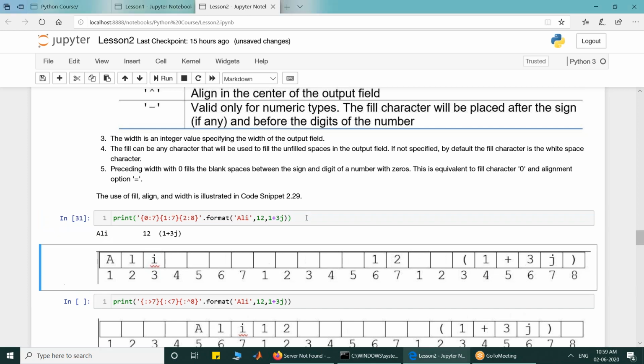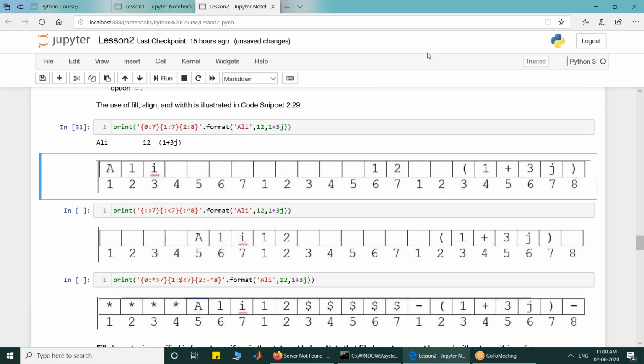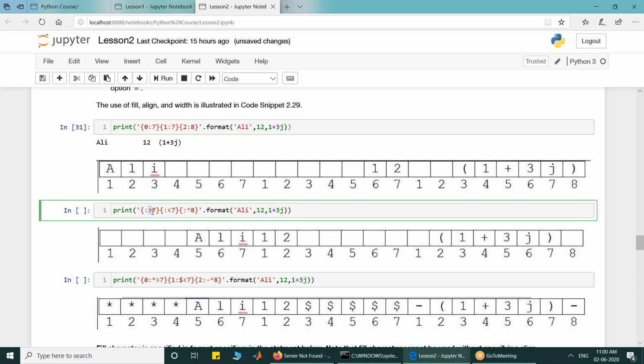If I execute it, you will get this type of output. I hope all of you got this. Why we got this type of output? I have given field size 7. So if I don't specify, Python will take field size big enough to accommodate the object. But now I specifically wrote I want output in field size 7, means 7 is the cell size in which I want output. Now I have used another thing, this greater than, this lesser than, and this caret.